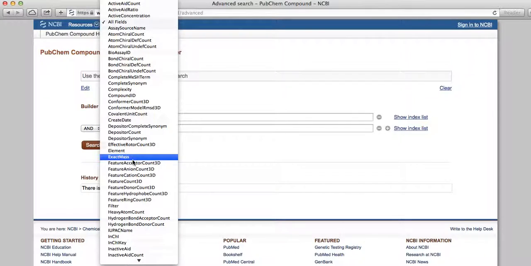The next group that I could see being very useful for organic chemistry students, biochemistry students, or graduate students would be the Feature Acceptor Count 3D option, as it is used to search for the count of acceptor features per compound. The Feature Anion Count 3D option searches for count of anion features per compound. The Feature Cation Count 3D option is used to search for the total number of 3D features per compound in